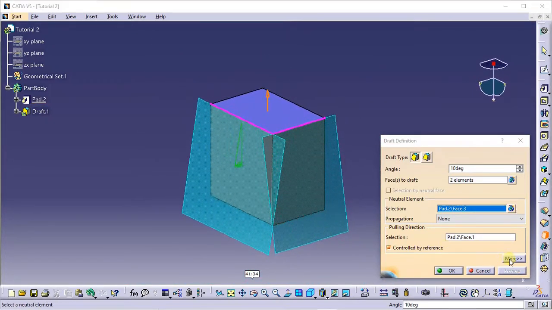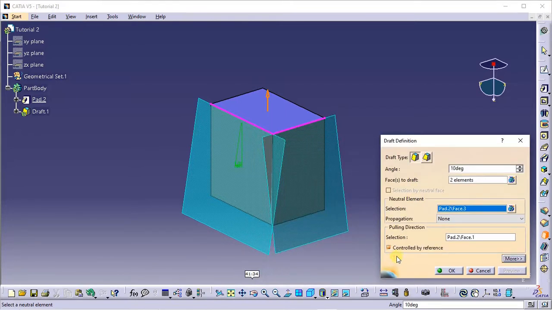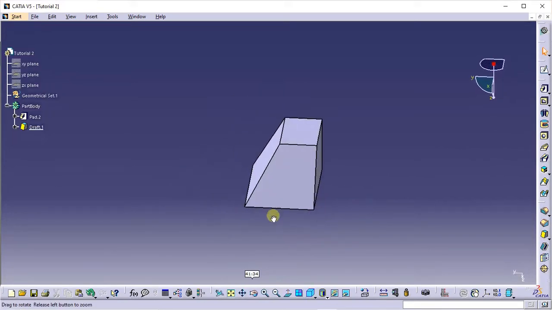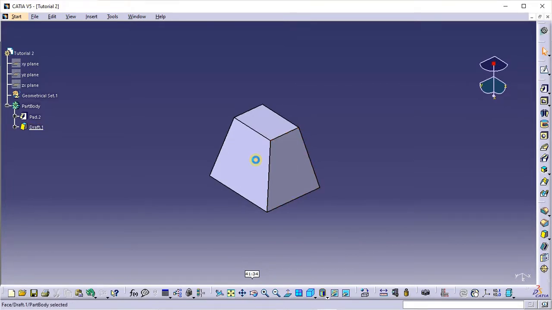Of course, in the more option you can make some other tweaks to your draft, but for the moment we are not doing all of that. You can just practice that. So we have our draft done. I can update my angle to 30 degrees if I want, and I have my draft here given to me. I have my faces drafted. So these faces are drafted at 30 degrees about this top face. So that's how you use the draft element. I will delete the draft,